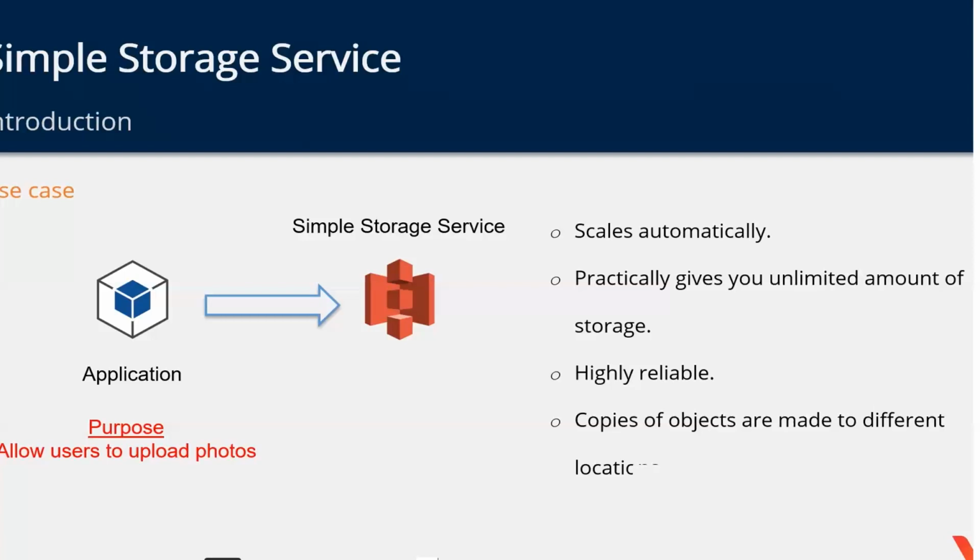Okay. So here it is, the application, and this is a simple storage service. The application accesses the simple storage service for whatever data is stored. And one more thing I told you earlier: most of the websites we see, like any shopping website, Amazon, Facebook or YouTube, have different kinds of content. One is dynamic content, which keeps changing, and one is static content.